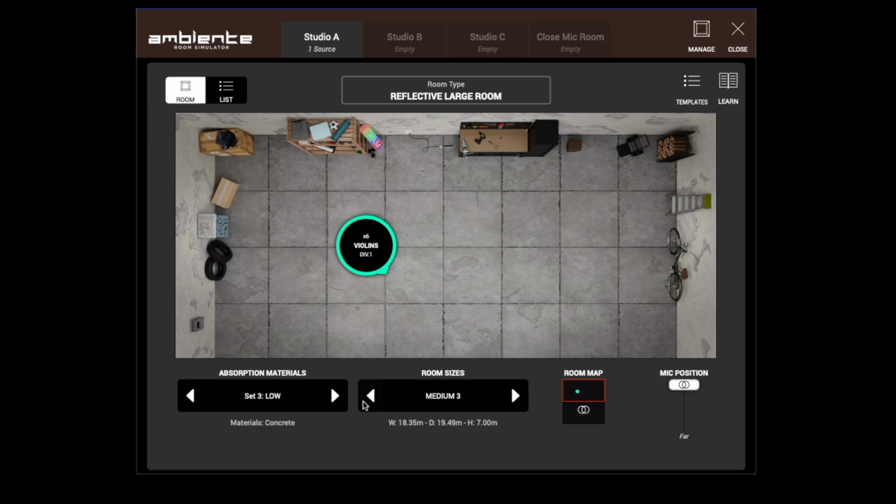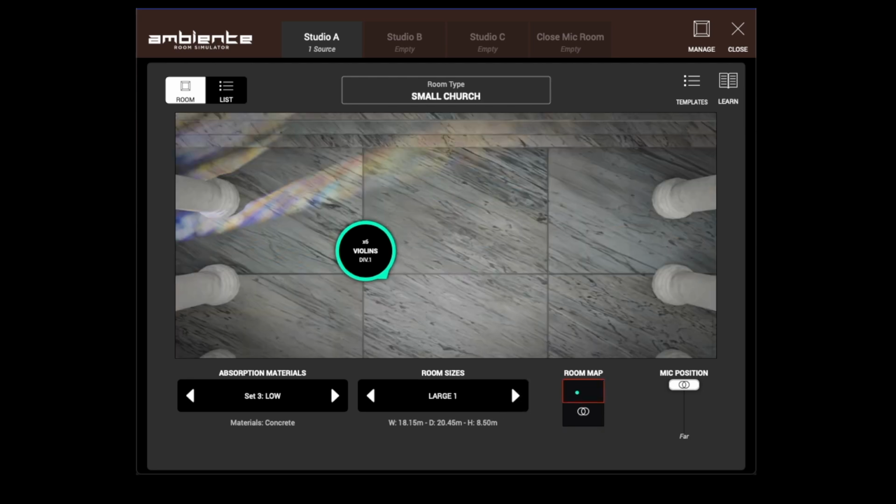We can also change the size of the room. Same material but a bit smaller. If we want a larger room with low absorption, we have this small church. A larger church,